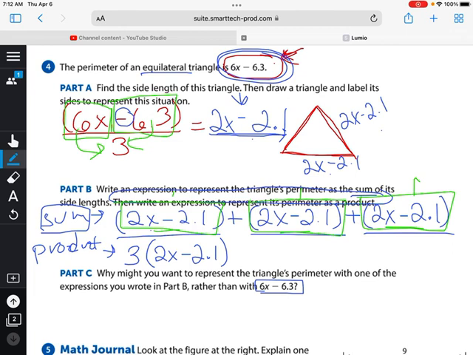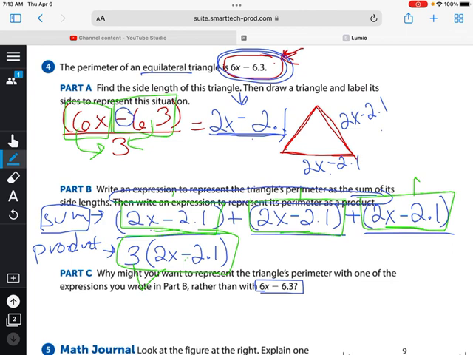Okay, if we look at the product expression, that also gives me the number 3. It tells me I have 3 of something, and then this is what that something is. So it kind of gives me the same information as the sum. The only difference is that if I didn't know that I was talking about a triangle, or if I didn't know that I was